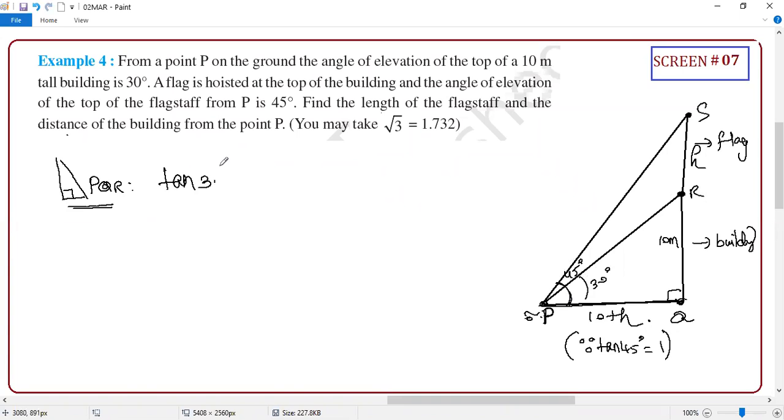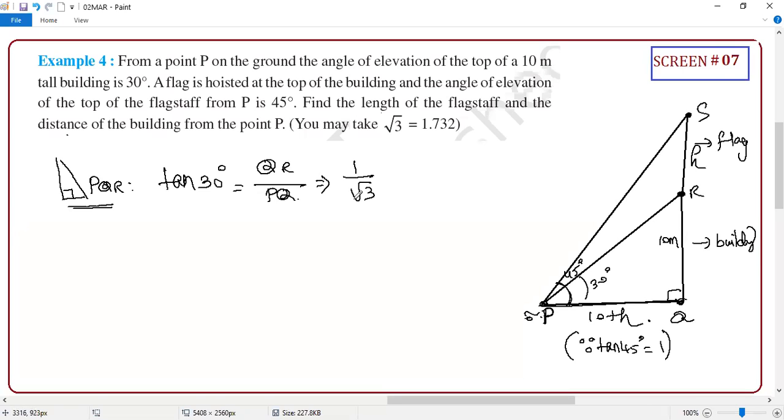Apply the same. You see here, student, these are the steps. Mention the triangle, tan 30. What is the opposite side? QR. What is the adjacent side? PQ. So opposite by adjacent done. Now what is tan 30? Guys, you should know, I told you 1 by root 3. Tan 60 equal to root 3, tan 30 equal to 1 by root 3. Done.